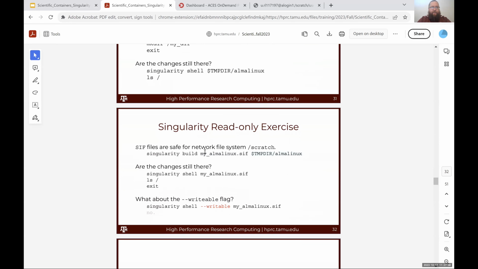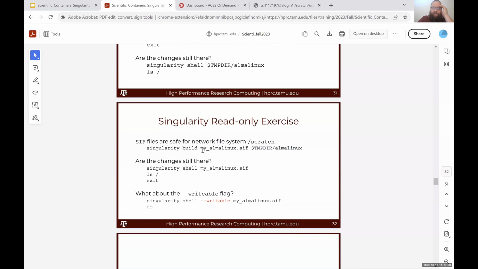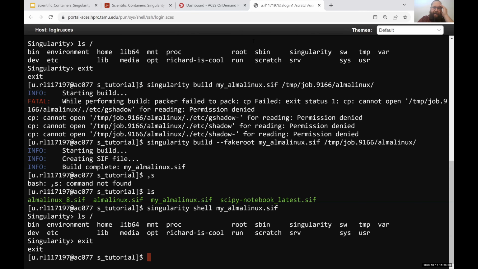I said that we weren't going to do it, but it looks like I previously thought we were going to do this. But then I forgot the fake root flag, so this is broken because you needed the fake root flag. Would anyone like to take time to do this, where you convert it to a flat image file and check to see your files are still there in the container image? You just need to add the fake root flag. Let me go ahead and